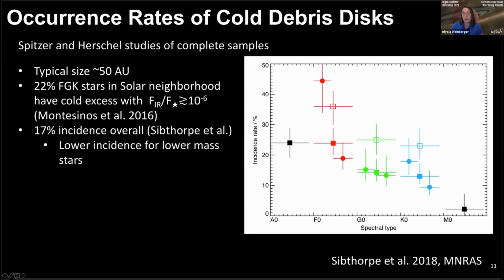And so the late type stars, the M stars, have a lower overall incidence, and there are a lot of them. So they reduce the overall incidence of debris disks in the solar neighborhood. But still, there are a lot of debris disks. So a lot of stars reach the main sequence and reach old ages with enough dust that we can detect it. That indicates that they might have a planetary system, even if we can't actually detect the planets directly.